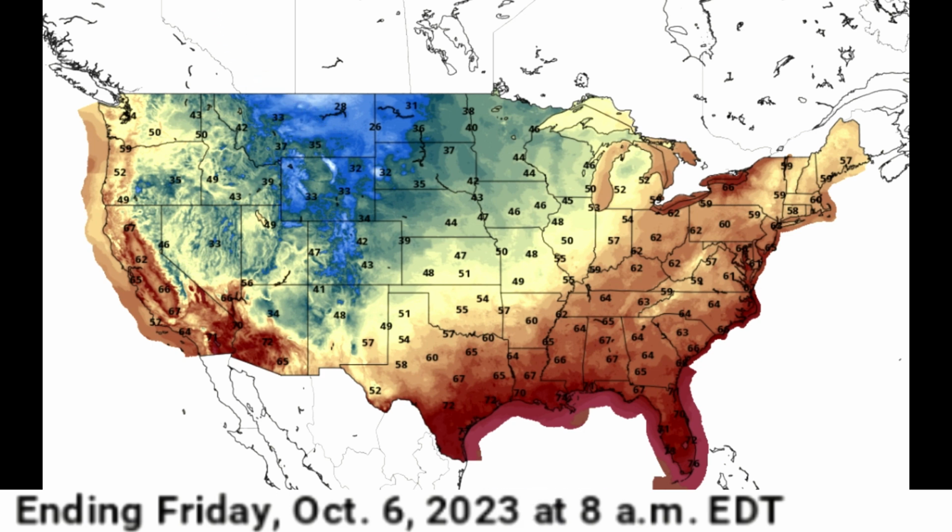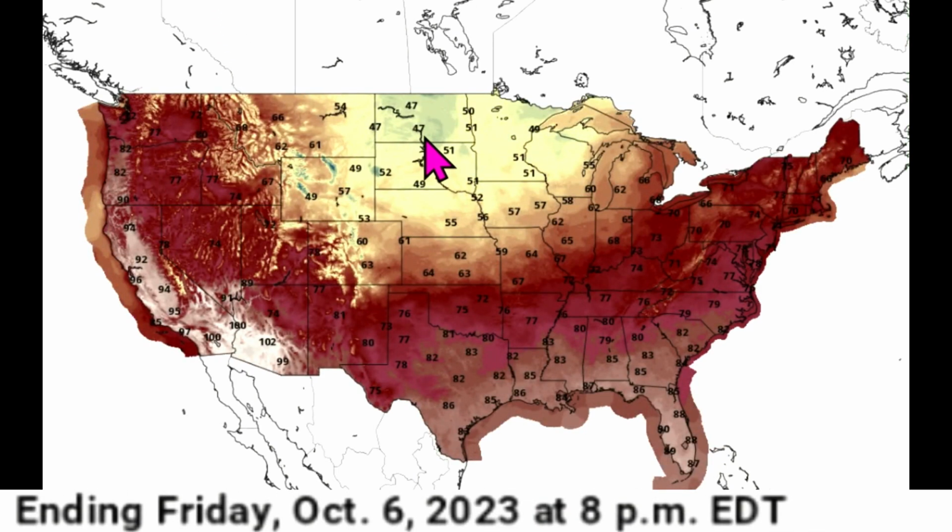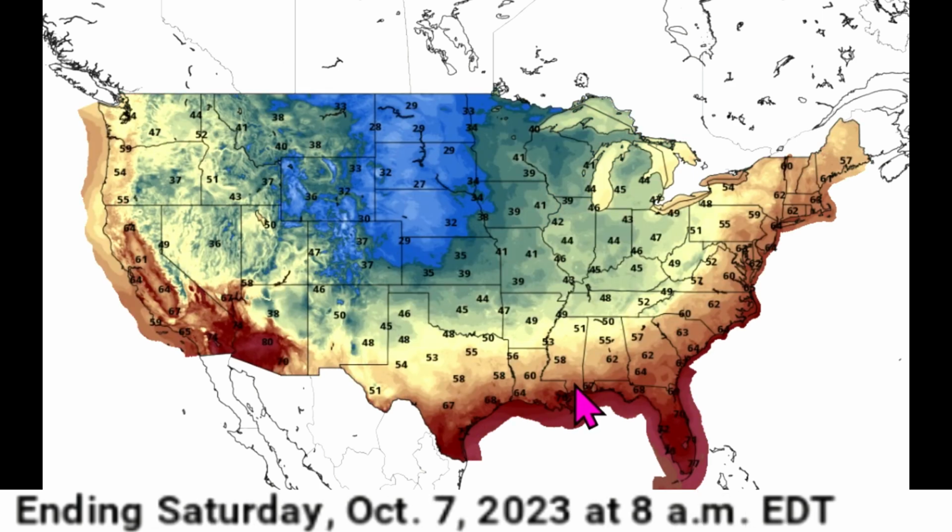western Dakotas. It's really going to be Saturday morning. That's a big one for the freezing conditions. So I'll show you that in a minute. But look at this. We've got 40s and 50s at best for highs Friday afternoon here across the north central. Still keeping it pretty warm across the southern tier and very warm in the southwest. But look at how Saturday morning is going to be really one of the coolest mornings, especially across the north